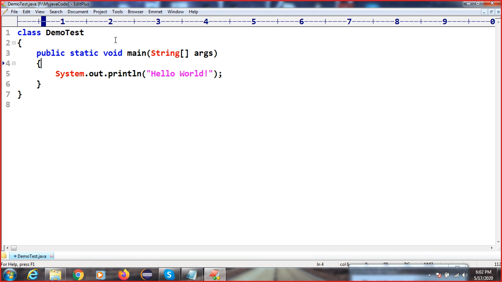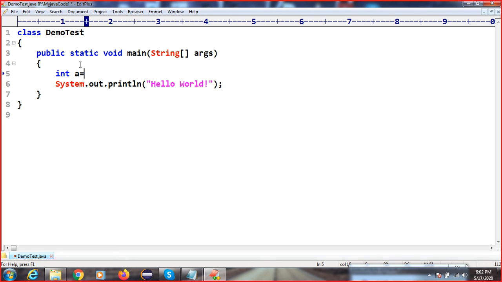I will explain. Okay, so here, what is the identifier? Class name is your identifier. Method name is your identifier. Again, String is also a class, right? String is also a class. This is a string type of array, and this is your variable. If you are writing int a equal to 10, so what is here? Variable, sorry, identifier a. Please mute on your side. So a is your variable. So it is an identifier, right? Class name, method name, and variable name.